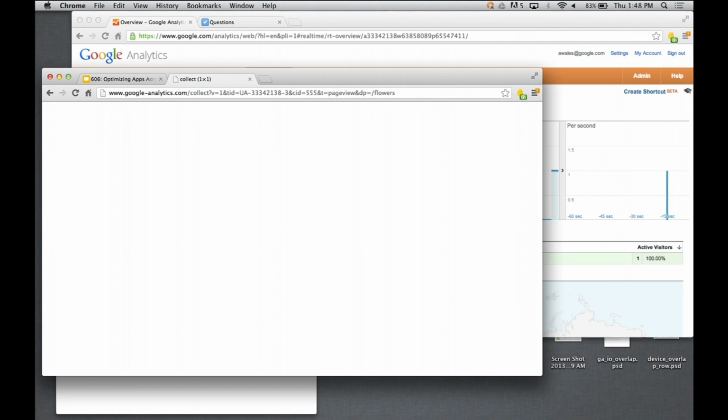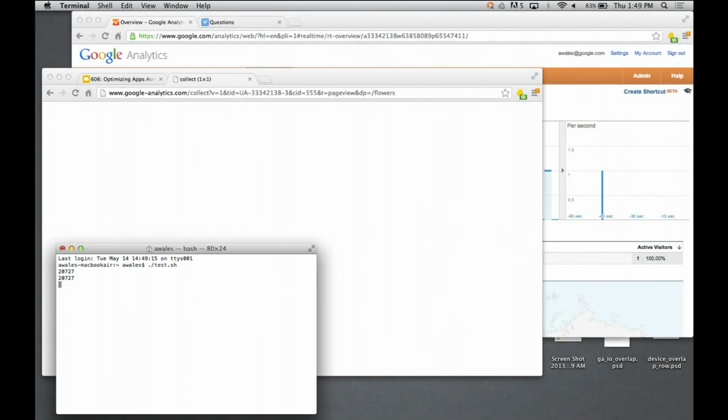Now, the user interaction model is super flexible, and the measurement protocol is really easy to use. So you can take this model and apply it to many different scenarios that might not even have to do with websites. For example, here's my Google employee badge. Inside of it is an RFID chip, and on the chip is my employee ID. That represents the user.